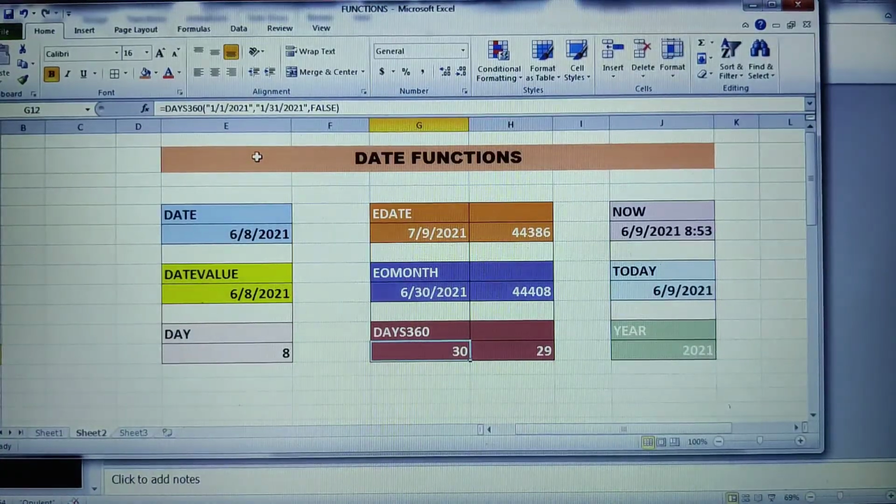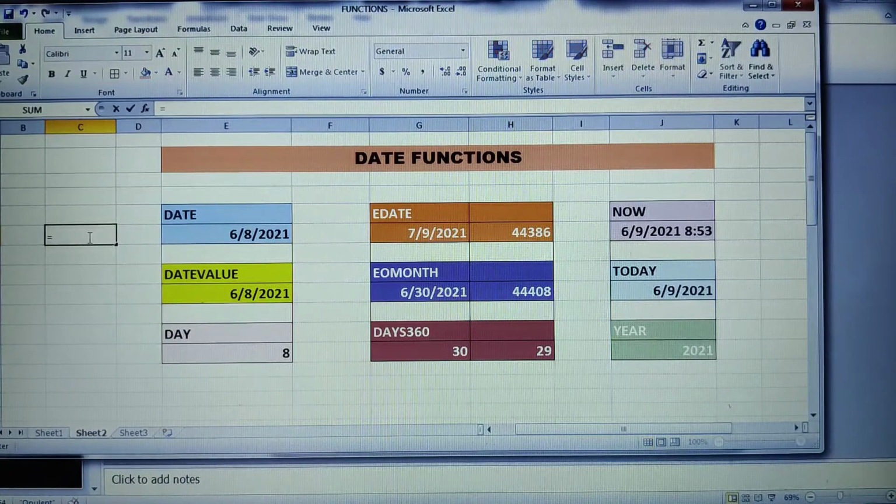See, I have already executed this and kept it so that you can clearly get to know how these functions work. As we discussed about the DATE function, it returns the number that represents the date in the Microsoft Excel date-time code. Here this is a text date. When I place the cursor over here, look at the formula I have written in the formula bar. I have passed the year, followed by the month, then followed by the day. If need be, I can even execute it here and show you.